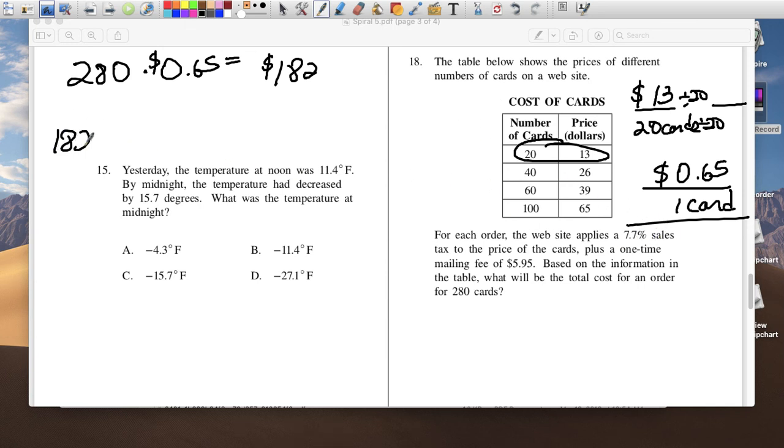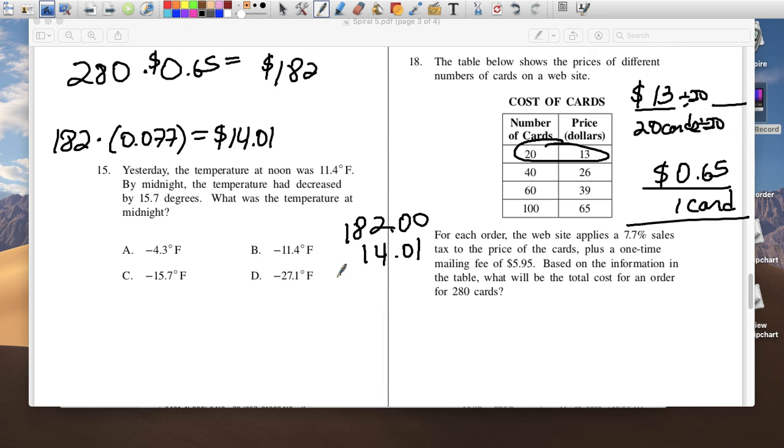So 182 times 0.077. Let's find out how much the tax is. Times 0.077, and we're going to pay a tax of $14.01. So now we've got to add those two. $182 plus $14.01, and I'm going to pay $196.01 for the cards plus tax, but I also have to pay a mailing fee of $5 for the